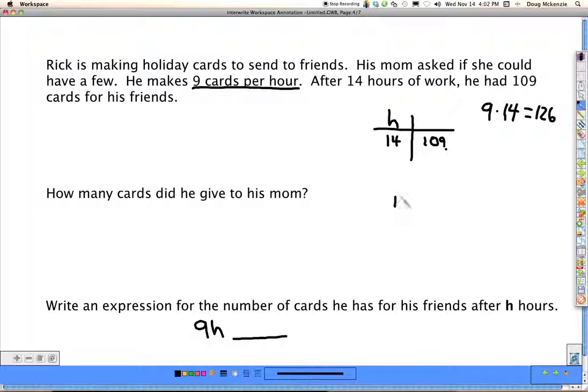So it looks like 126 plus or minus something gives me 109. Well, it looks like this is going to be a subtraction. So I'll do 126 minus 109. And that gives me